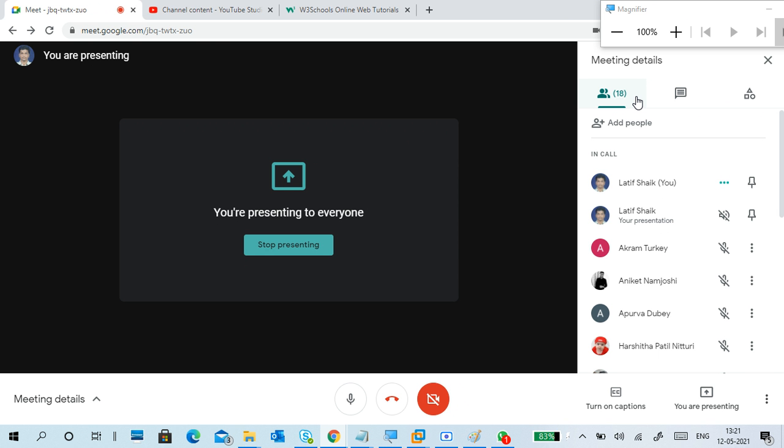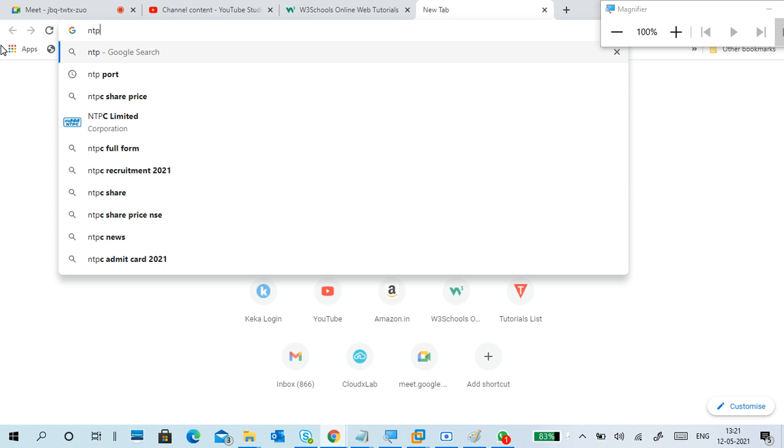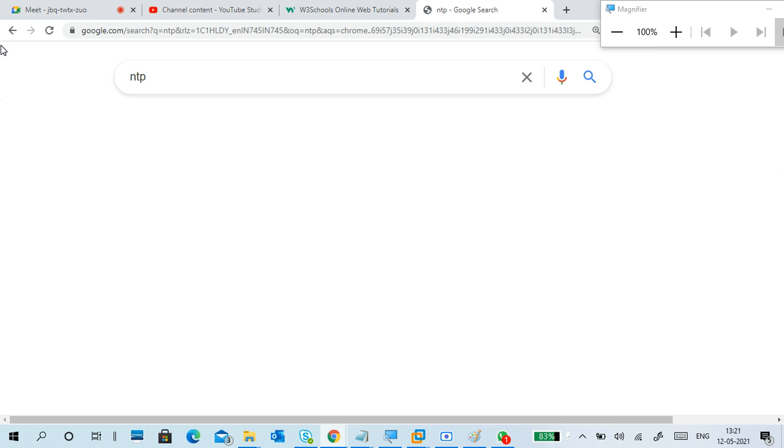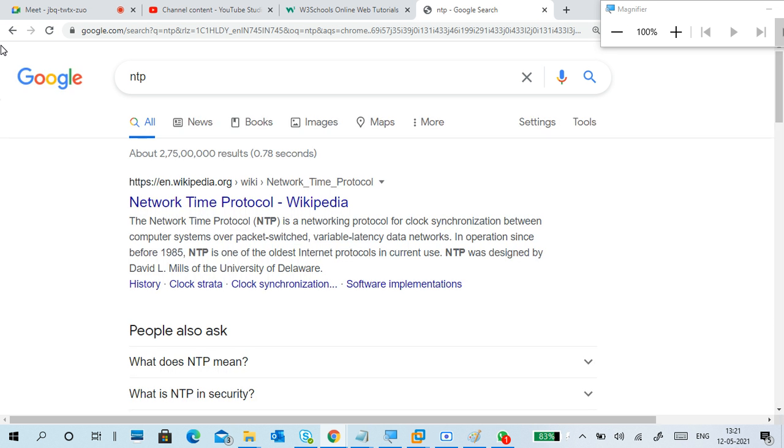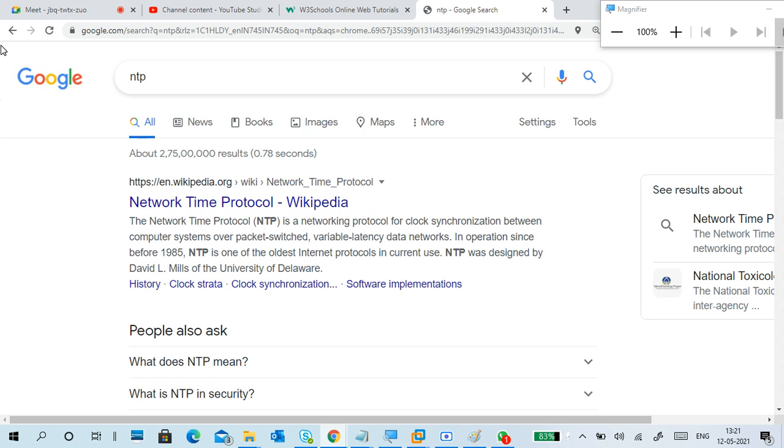Okay, NTP, Network Time Protocol. Got it? It will synchronize the time between your PC and the NTP server based on your time zone.